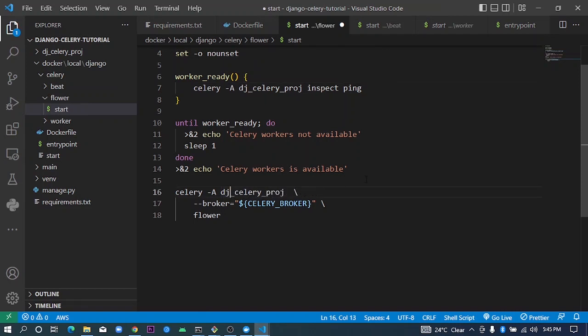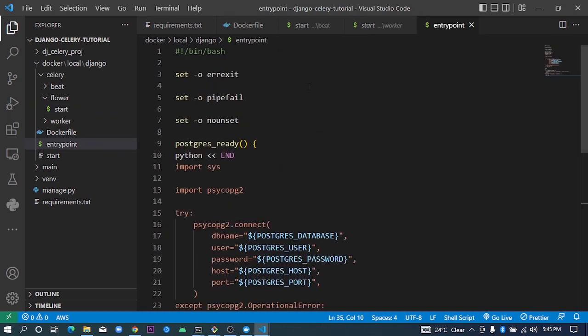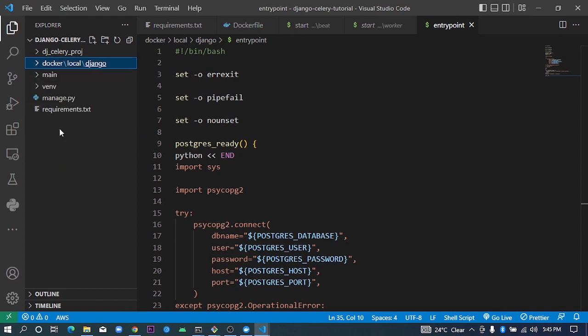So that's for the celery flower script. So once you have yours like this, we save this. What we need to do next is to set up our environment variable, because we are using so many environment variables here that are not yet set. So in our base directory here we have our manage.py, we're just going to create a .env